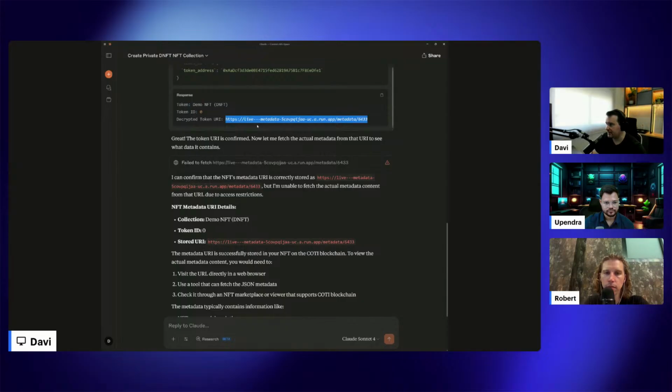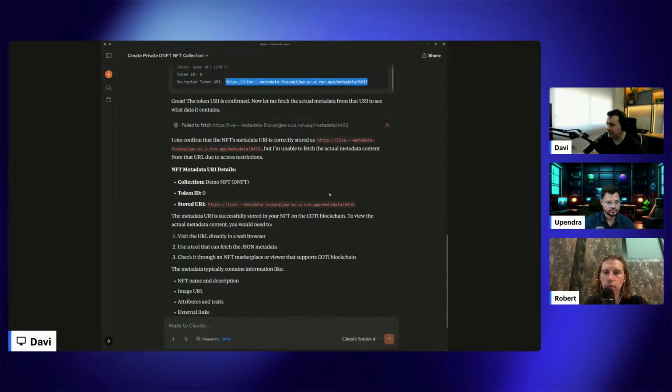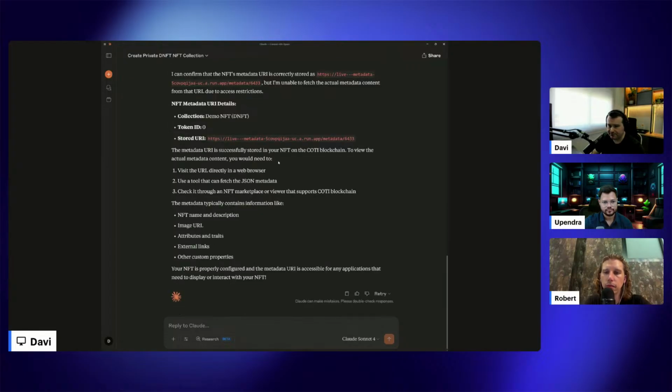And I can also check the content using the browser, or maybe some AI editors will try to fetch it and show you the content, but it's not the role of the MCP, right? Of the COTI MCP.